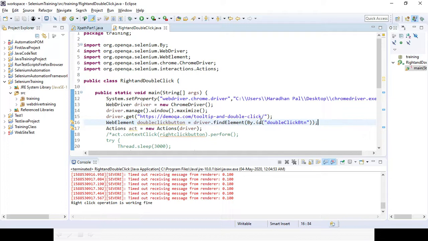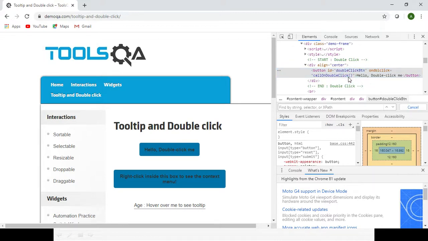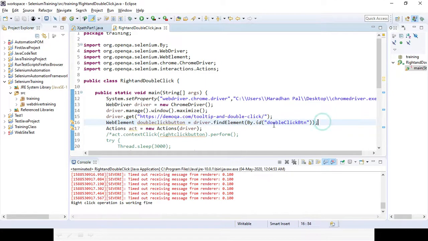Okay, so I am just using the ID because ID is already available. I am not creating the CSS selector or XPath. Or if you want to create using that particular ID, XPath, you can do it also. Control F. So for ID, what is the syntax? You can see it's still highlighting. So I will change it to CSS selector instead of ID.